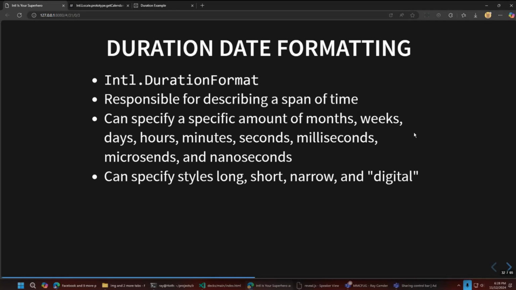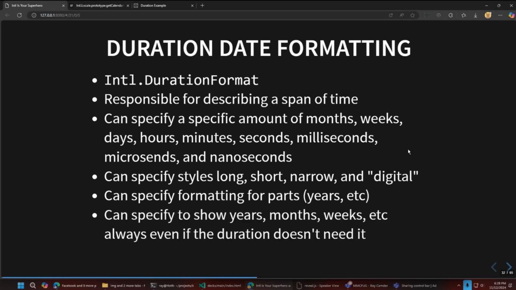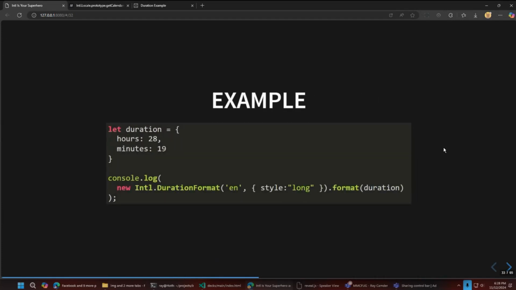You have multiple styles. Digital is kind of like a clock format. I'll try to show an example of that. And you could specify different formatting for different parts of your duration. Yes, you can even say, even if I'm not specifying how many years, I still want you to show it. Very flexible, trying to match every type of use case you can think of. This is the only thing I believe that would not be supported in Firefox. As an example,